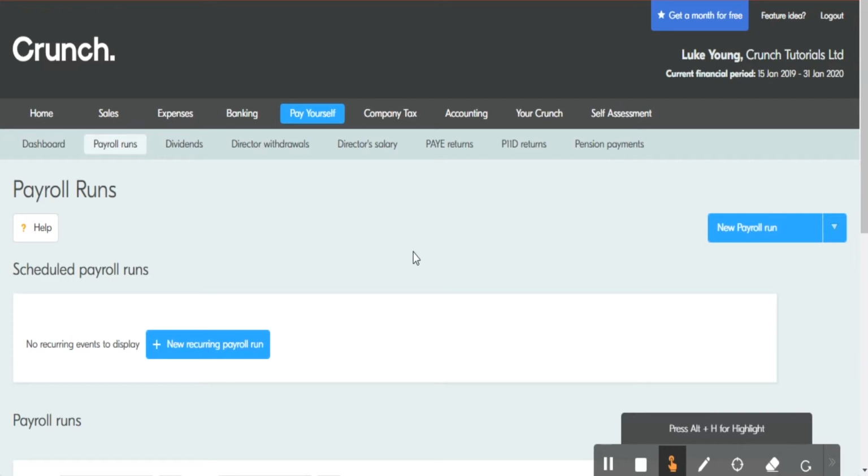Now that we've got an understanding of what they are and HMRC's requirements, let's crack on and get one set up. You'll need to navigate to the Pay Yourself tab, seen here, and then to the Payroll Run sub-tab, which is just underneath this one here. What we then want to do is press this new recurring payroll run. This is going to create an event that allows us to simply let Crunch automate this data every single month. So if I select the new recurring payroll run button,